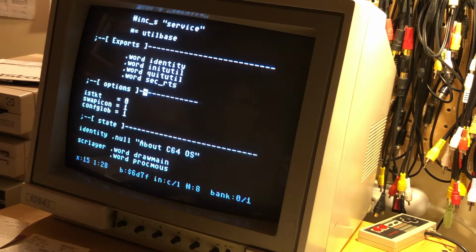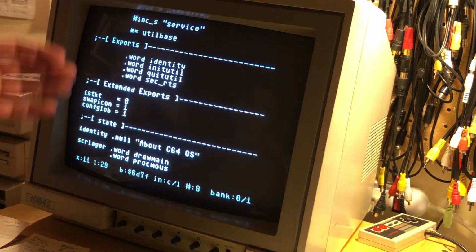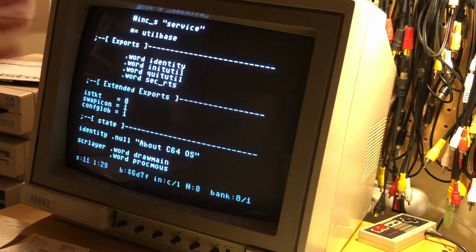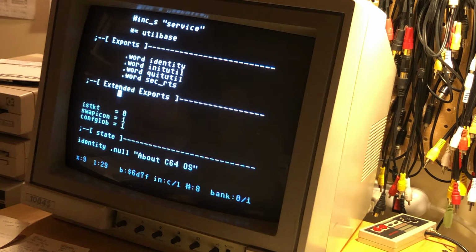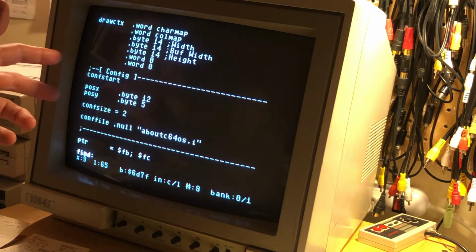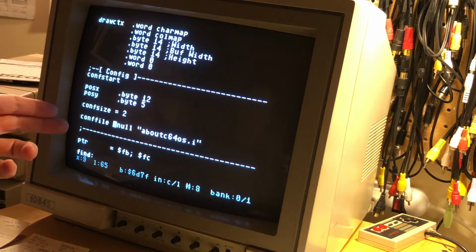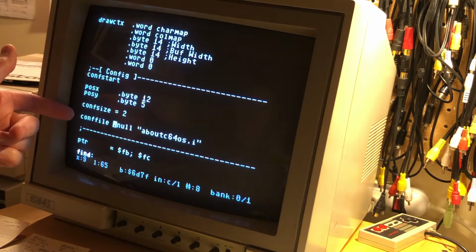So I have been changing my options comment here to just say extended exports. The comments are obviously, you can use whatever comments you want, but I tend to have sort of these sections that I keep in the same order so that I know where I'm going as I write my utilities. So first thing I'm going to do here is I'm going to go down here to my config section. And so one thing is I'm going to get rid of this config file name because